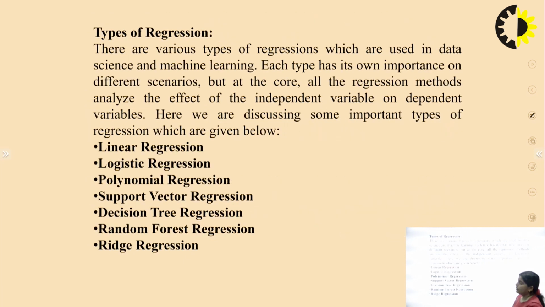Now, I am going to discuss some types of regression. There are various types of regressions which we use in our machine learning, in our data analysis, in our data science. Each regression type has its own importance in different conditions and different scenarios. Based on those scenarios, we have to select which kind of regression we are going to use in our particular data set. So these are some different kinds of regression. The first one is linear regression, the second one is logistic, then polynomial, support vector, decision tree, random forest, and